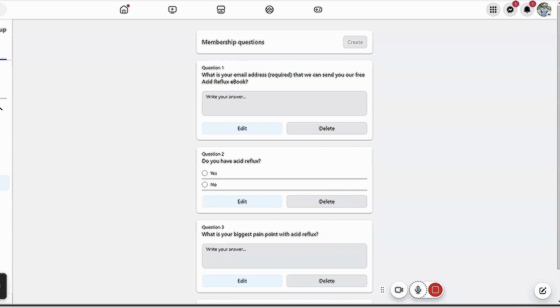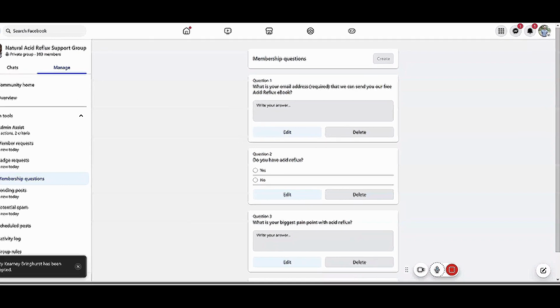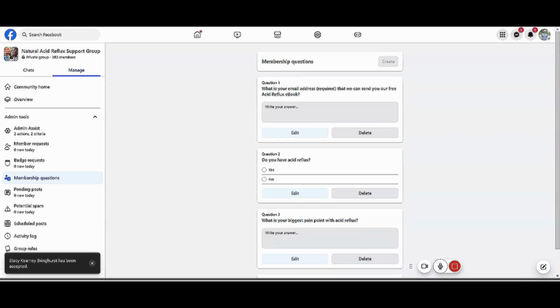And right now, at the time of this recording, we're getting about 20 to 30 cent cost per lead. Lead meaning either they join the Facebook group or they put in their email address or both. Usually I'd say a third of the people right now are putting in their email address. So we're getting a lead for email at about $1.20. And to join this group, we're getting it for about 20 cents to 30 cents.